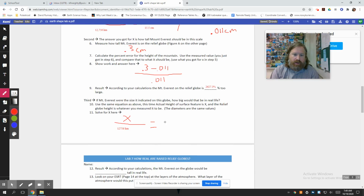When the feature itself is 0.3 centimeters tall on a 15.5 centimeter globe. All right. Why don't I just run this in a calculator rather than you sitting here trying to watch me struggle with writing it out? So it's going to be 12,756 times 0.3, that number, the 3,000s, divided by 15.5, 246.8